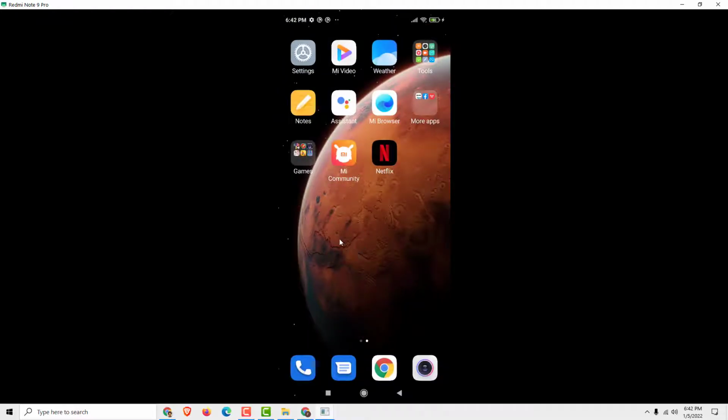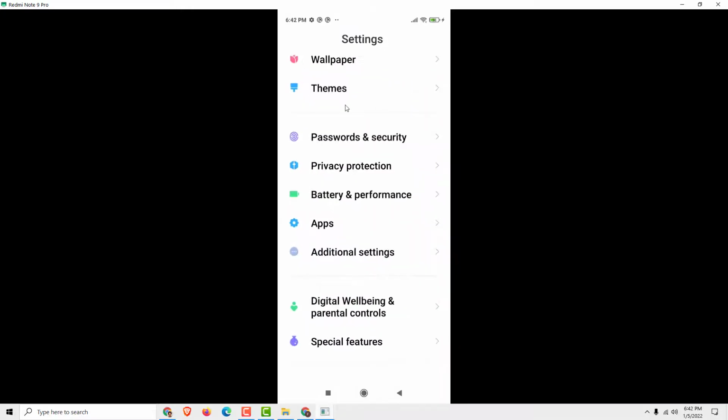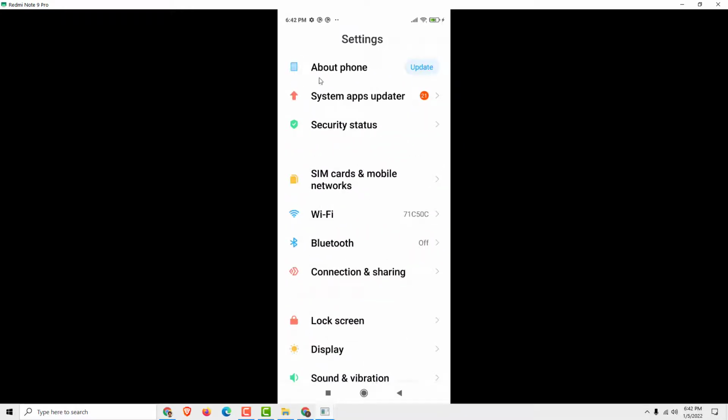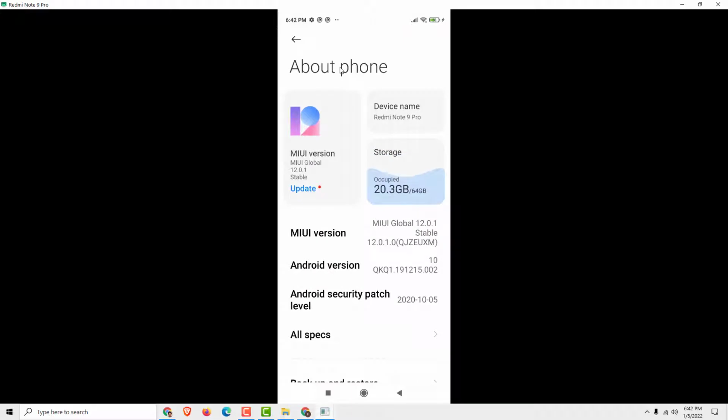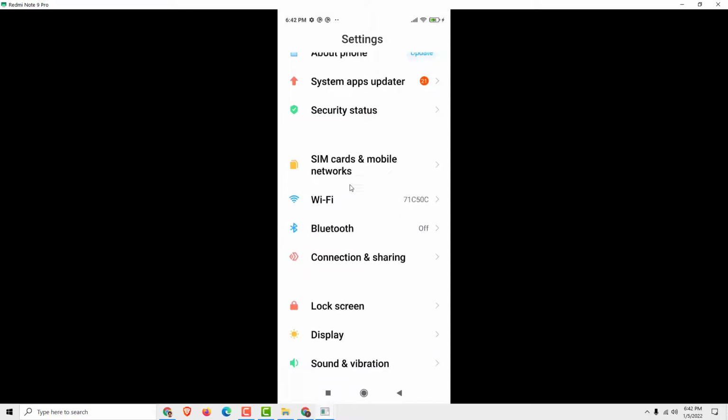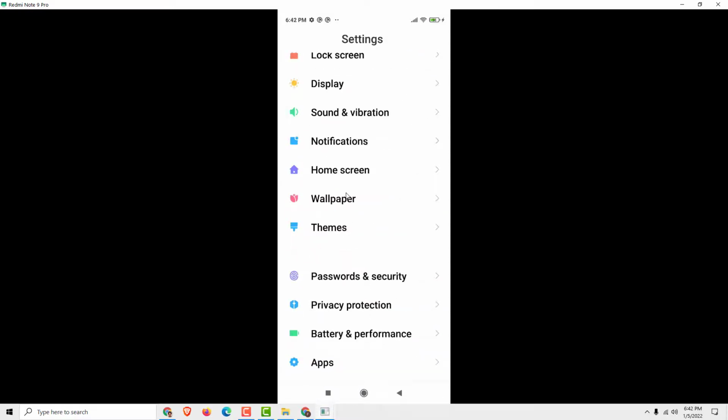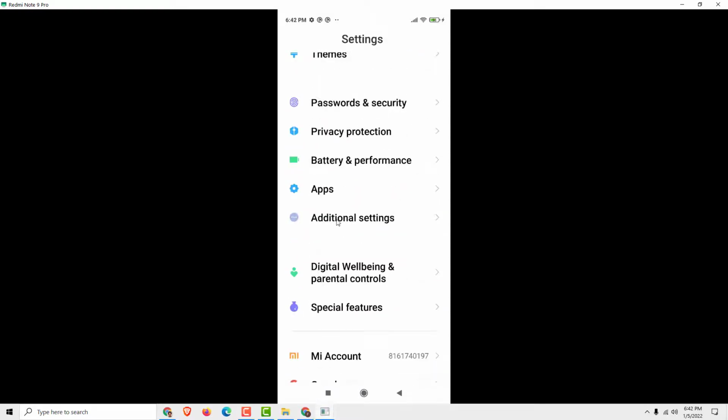To enable it on your phone, go to settings and go up here to the section about your phone, and over here you can see the Movavi version. Now just click 5 times until you see "you are a developer." I already enabled this, so it says no need, you are already a developer. And after you've done that, go back and go down here under additional settings